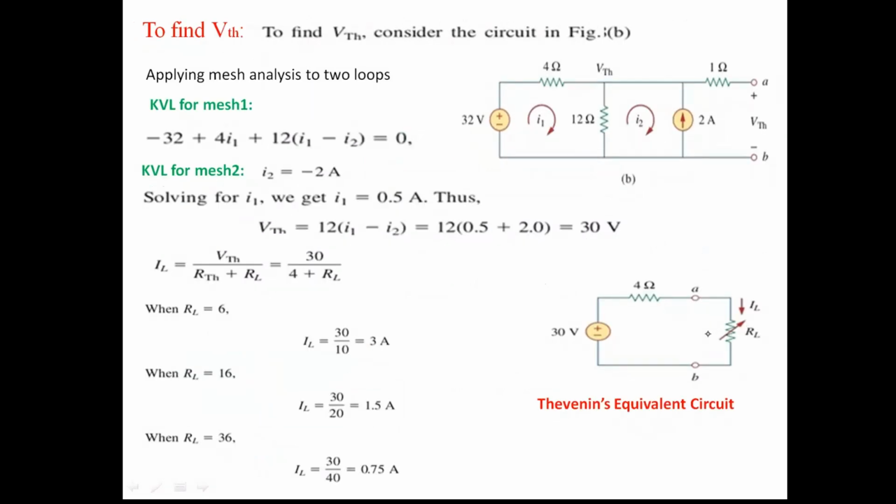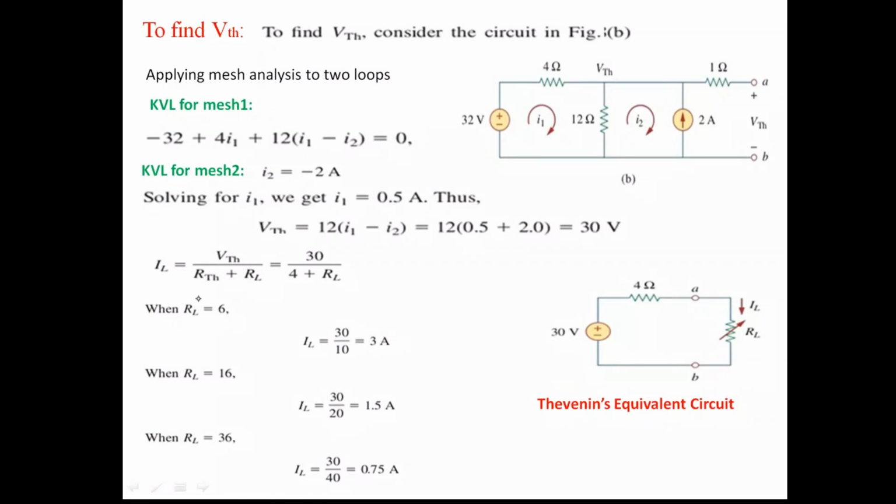Now our next aim is to find IL when RL is 6, 16 and 32. So first you take RL equal to 6 ohms. When you take RL equal to 6 ohms, see here it is a simple series circuit. So two resistors are connected in series. What is the total current here? Total current IL is equal to VTH by (RTH plus RL). It is series, so RTH is 4 ohms and RL is not known, having different values. So that is why we have represented the IL expression as 30 by (4 plus RL). Now you substitute RL equal to 6 ohms. Then you will get